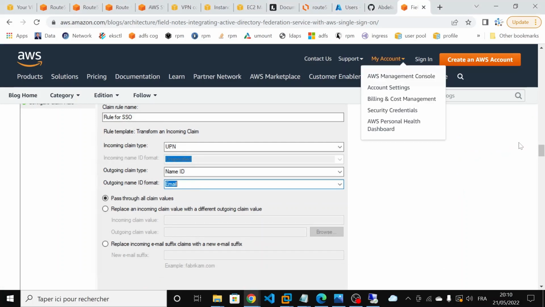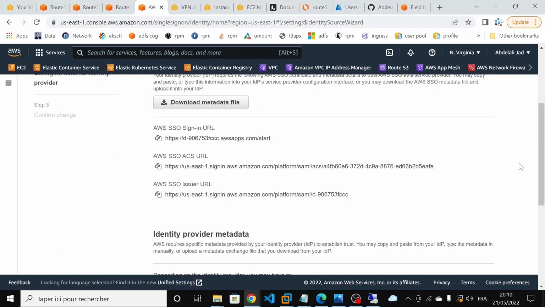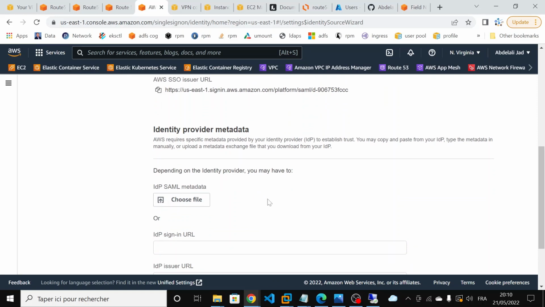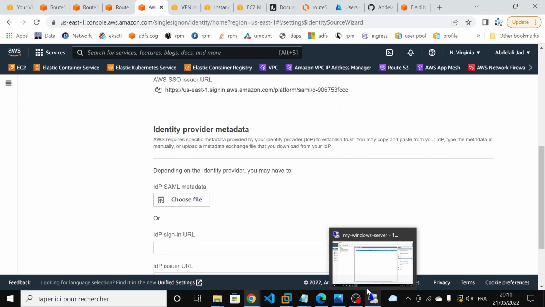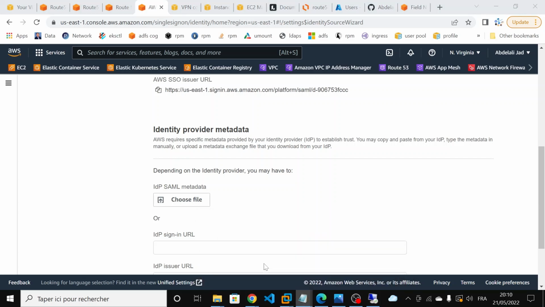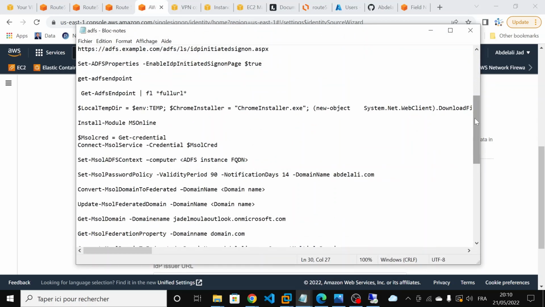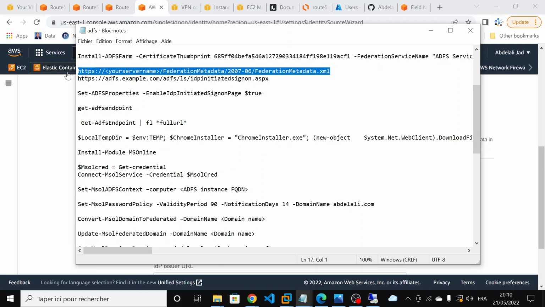Another thing here is that we have to provide AWS single sign-on with this SAML metadata. What does this SAML metadata do? It tells AWS SSO to which ADFS server it will redirect the request once the user pastes this single sign-on portal URL in his browser. And to obtain that metadata, we'll go to our guide file, and then go to this URL